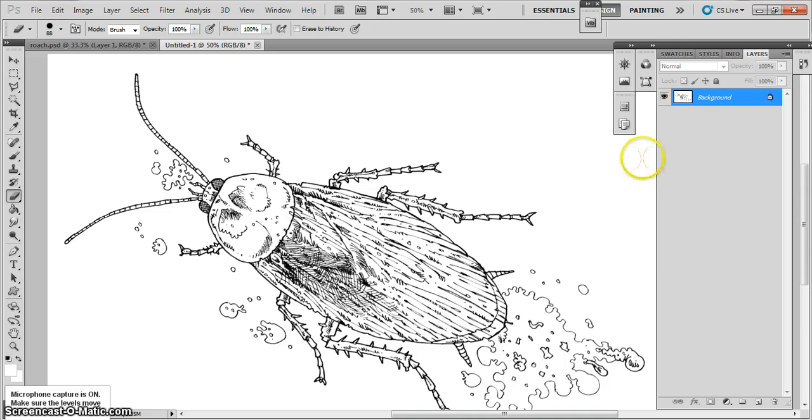Look for your layer window. We're going to use that in a bit. Okay, so I've got a picture, and if we just look in that layer window, we can see it says background here. I want to colour this in. However, if I try and colour it how it is, so if I was going to use the paint bucket here for colouring,